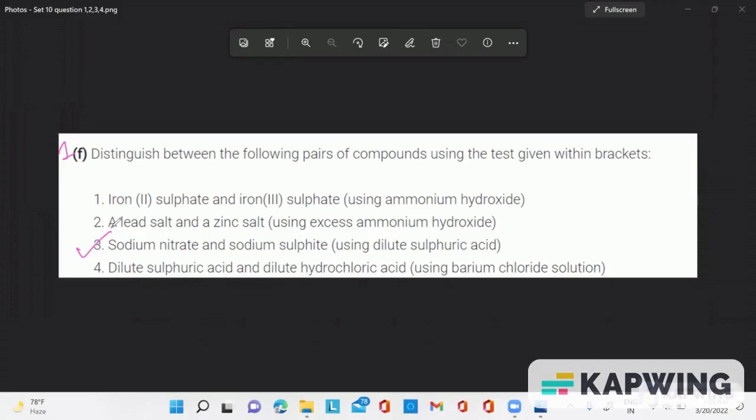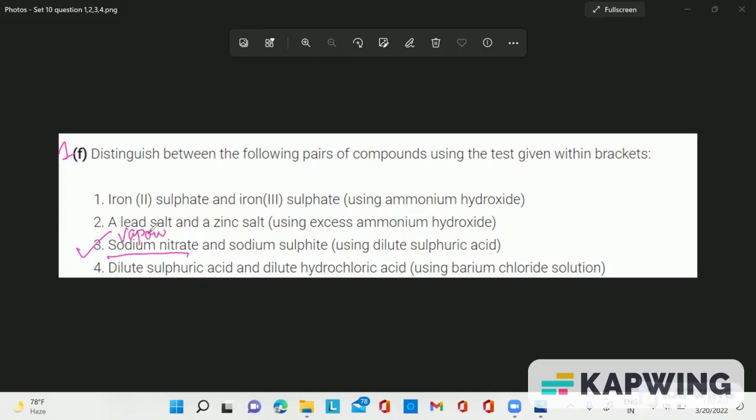Hello students, today I will discuss one more question from ICSE Class 10 2014 chemistry paper. Distinguish between the following pair of compounds using the test given within brackets, or distinguish between sodium nitrate and sodium sulfide when they are reacting with dilute sulfuric acid. So when sodium nitrate reacts with dilute sulfuric acid, we will find that